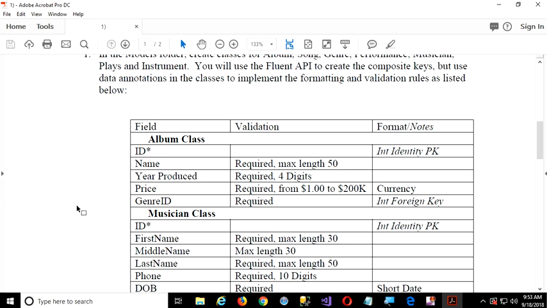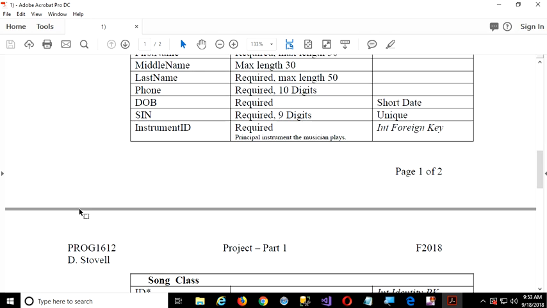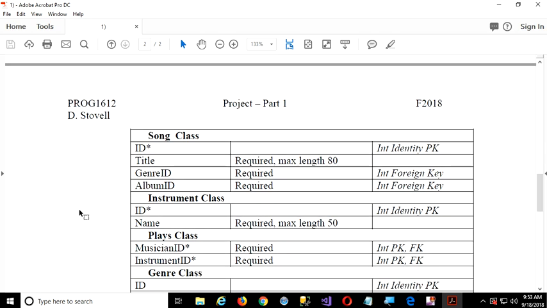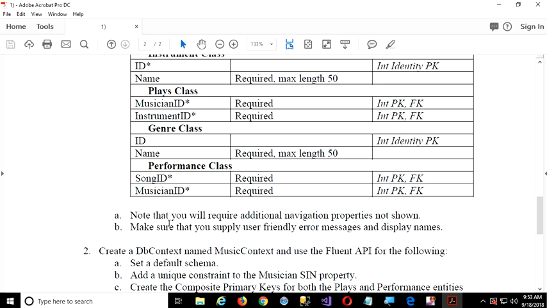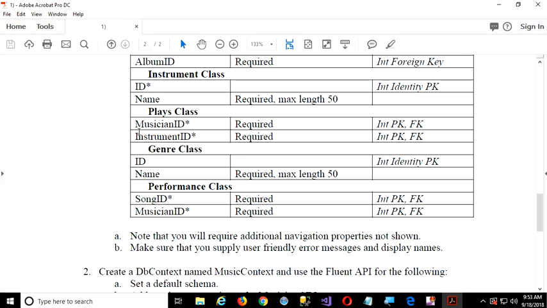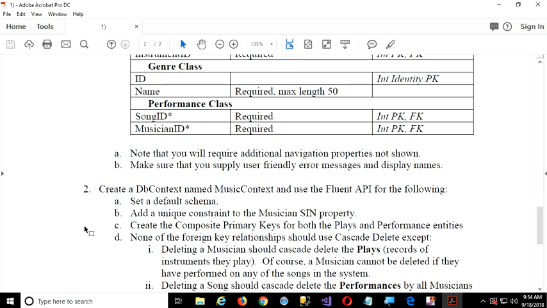On this one, it's not the controllers, nothing in the code of the controllers, really. It's just your models, the data annotations, your DB context, the code there, and your seed data. That's where all the marks come from, right? So that's really all I'm asking: you create all your class files for your models, add the data annotations as required to get all this validation in place and the relationships, okay? Note you'll require some additional navigation properties not shown, like for example here this is an intersection, right? But I'm not showing the musician object here as a property. You need to do that in the class, right? I'm just showing you the minimum that is required to get your annotations in place.